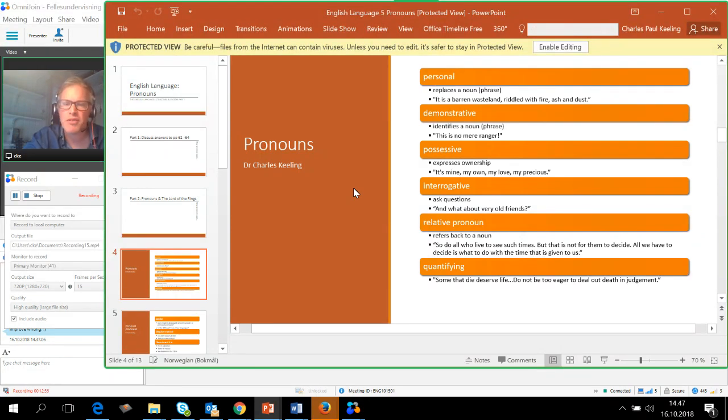Quantifying pronouns, some and any, are examples that are in our Year 8, so that we have to work towards through primary, and which we then continue with through secondary. So that's a basic run through of what we need to know in terms of terminology,